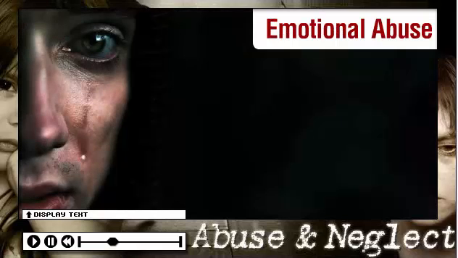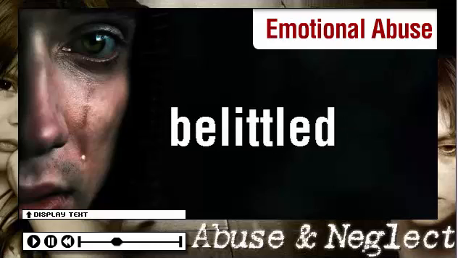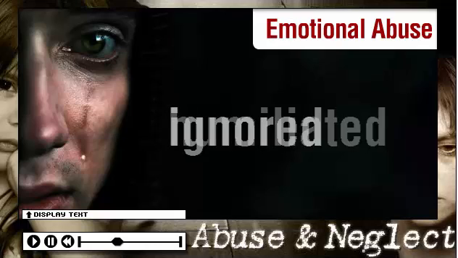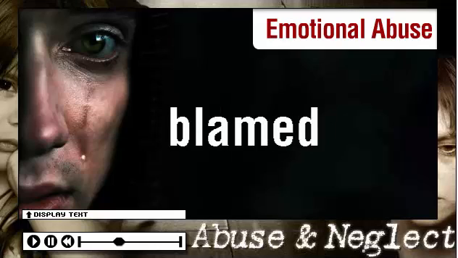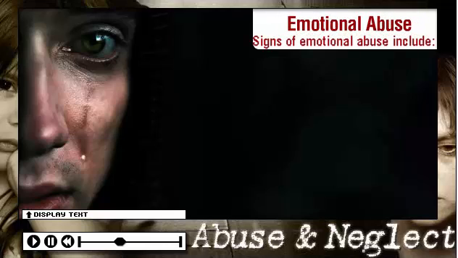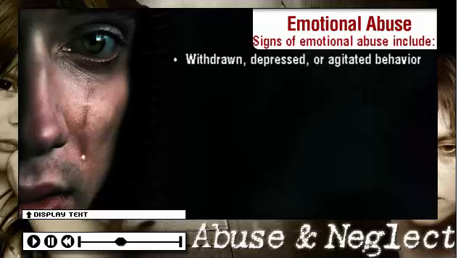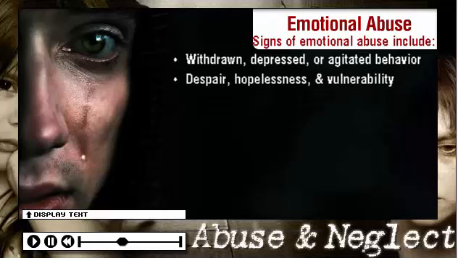Emotional abuse. Emotional or psychological abuse involves verbal or nonverbal conduct that is intended to cause mental or emotional pain. An individual is emotionally abused when he or she is regularly threatened, belittled, harassed, humiliated, ignored, isolated, rejected, blamed, or otherwise emotionally mistreated. Signs of emotional abuse include withdrawn, depressed, or agitated behavior, feelings of despair, hopelessness, and vulnerability, poor